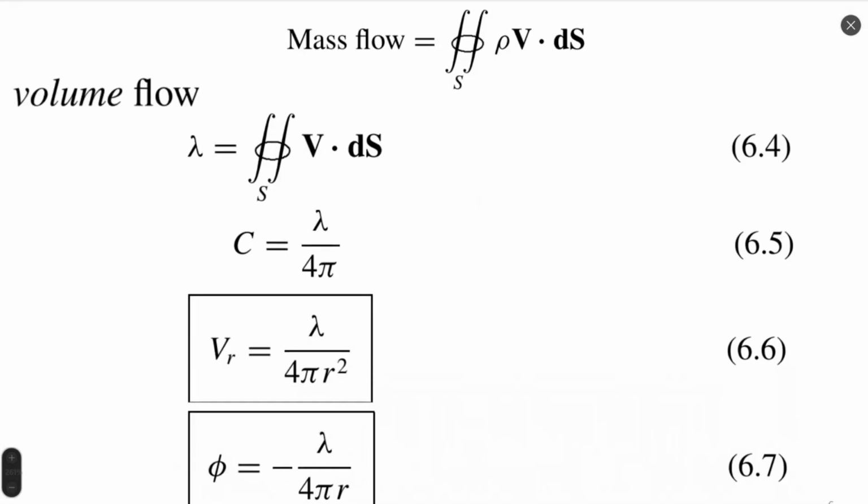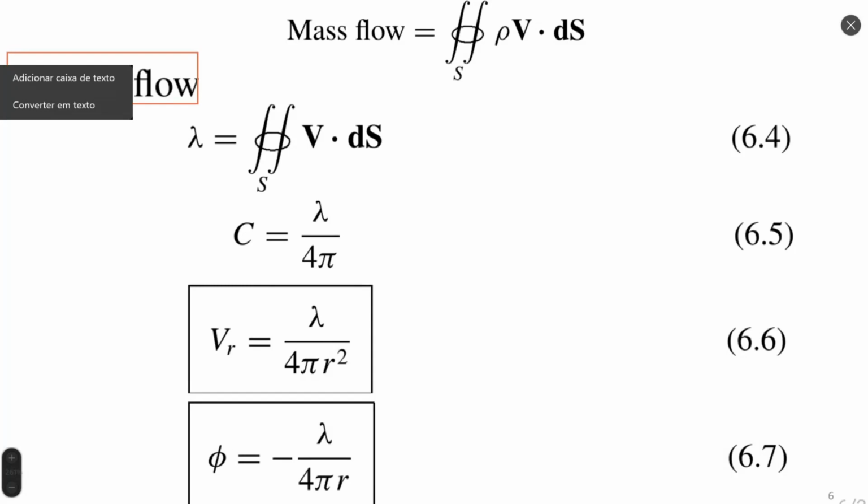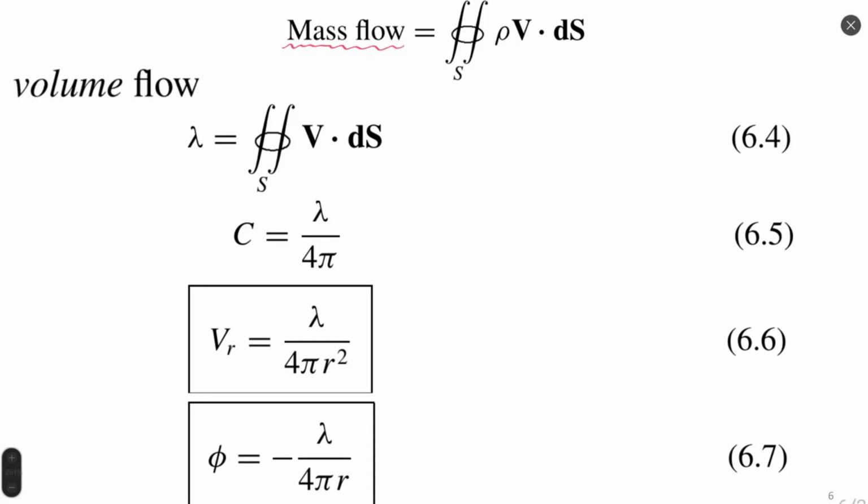Then we define our constant C, shown in the previous slide. We use the same concept as we had for bidimensional flow: that constant C is related to volume flow or mass flow rate for compressible flow. This mass flow equation suits compressible flow well because density is inside the integral, so it's a variable parameter. And for volumetric flow or incompressible flow, instead of mass flow rate, we have just volume flow,